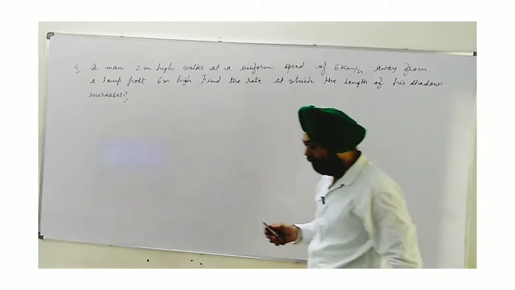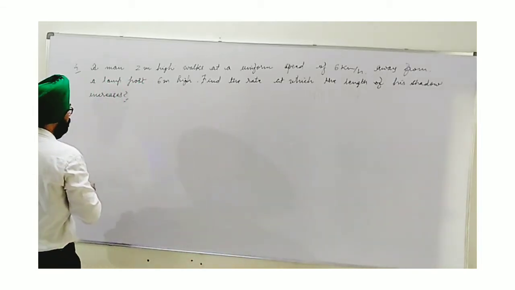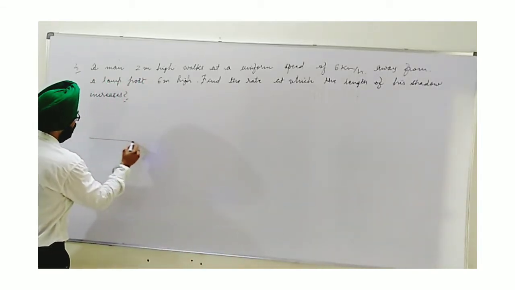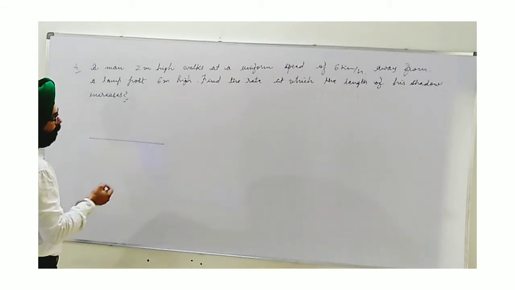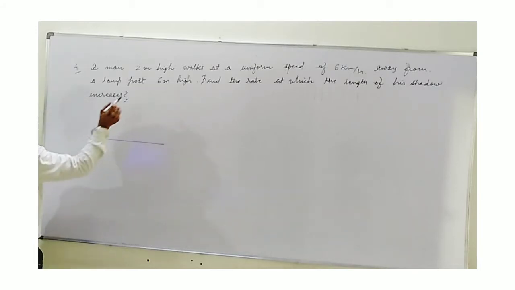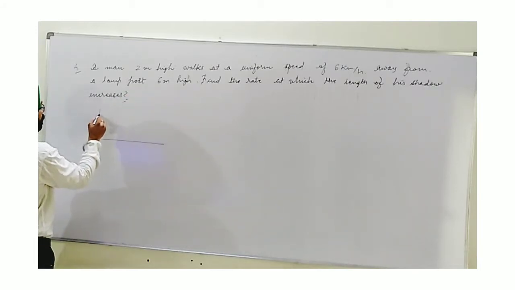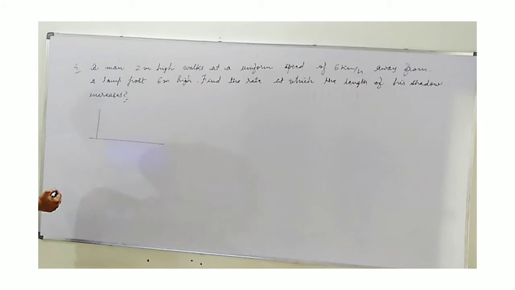This question actually is given in a triangle. If you consider that this is the length, or we can consider this to be the road, we are given there is a lamp post. You can see in each question I am drawing the figures. This may be helpful to you. In my opinion, you should go with the diagram first.